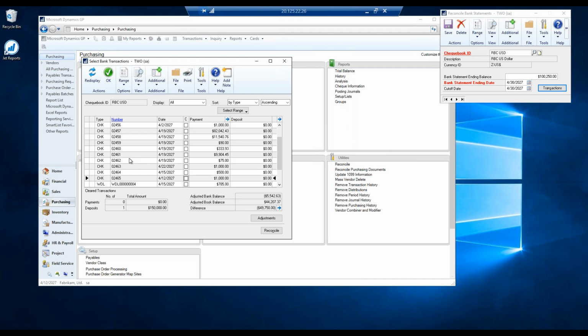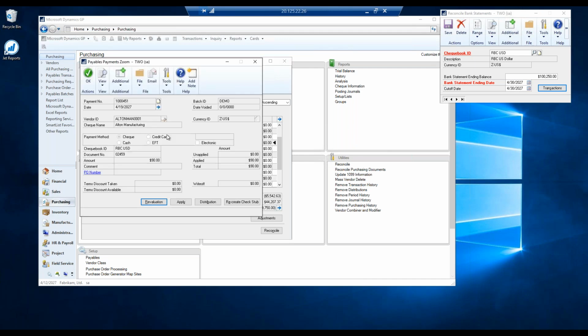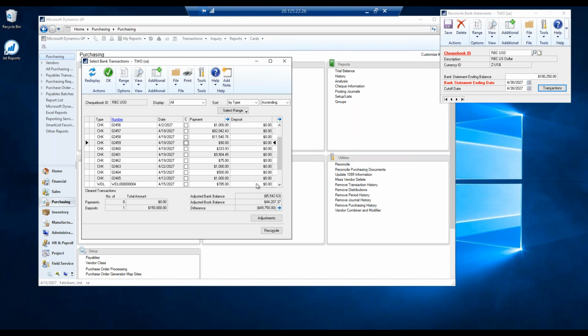Now, if I go into a different check in here and I drill down, I can always take a look and see what this one is. This is for Alton Manufacturing. They are checks, and it tells you what dates they were voided and things like that. So these are all the checks. And right now I've got adjusted book balance, 100,000, whatever happens to be, and then I can just start to check off